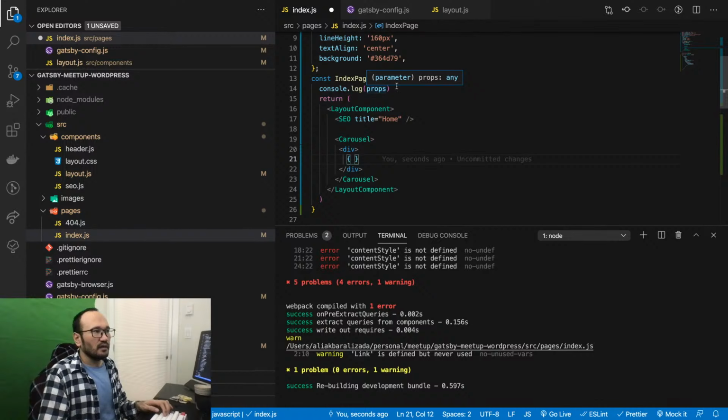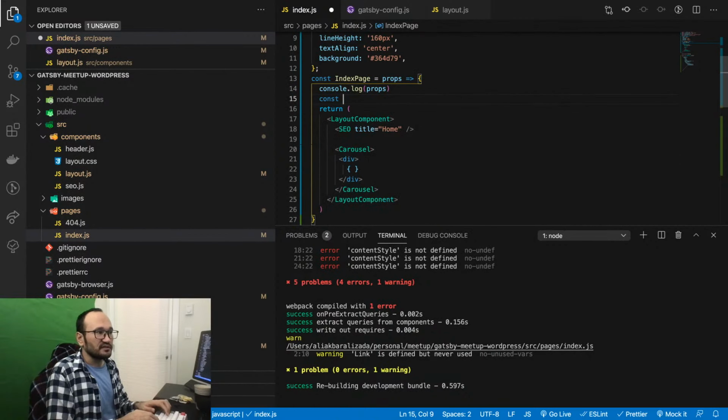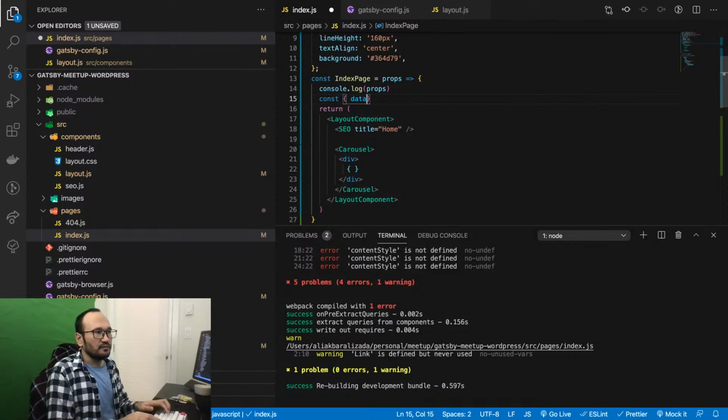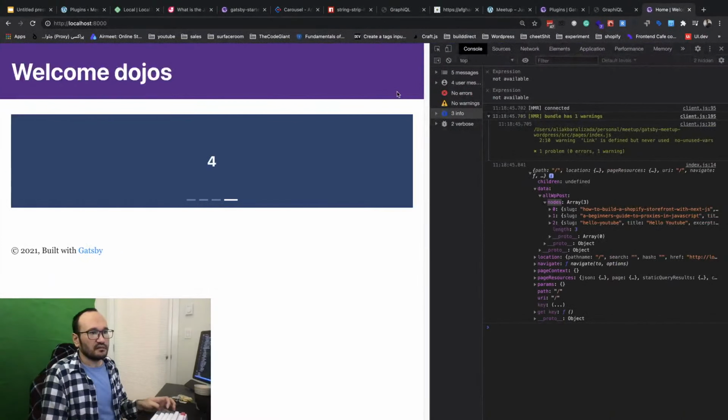I want to just destructure data to make it easier. So data, and also I want to get all WP post. Is it like that?